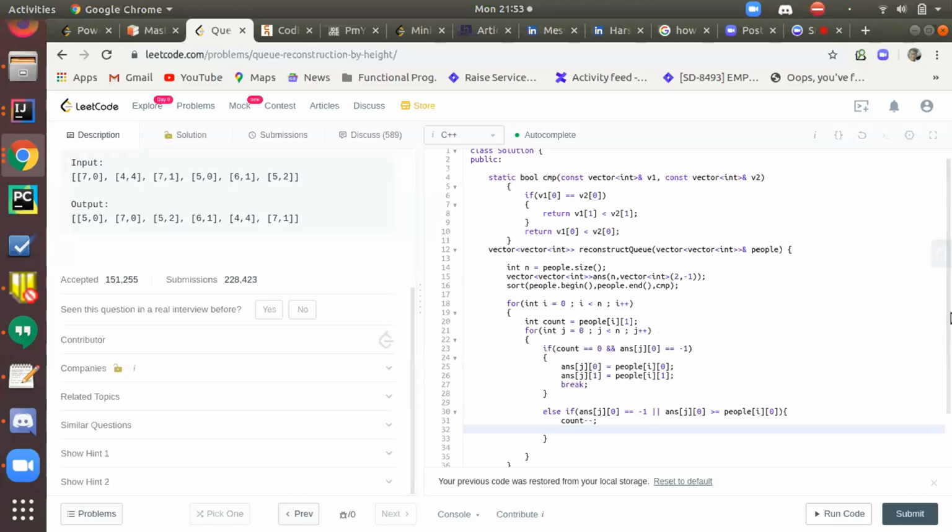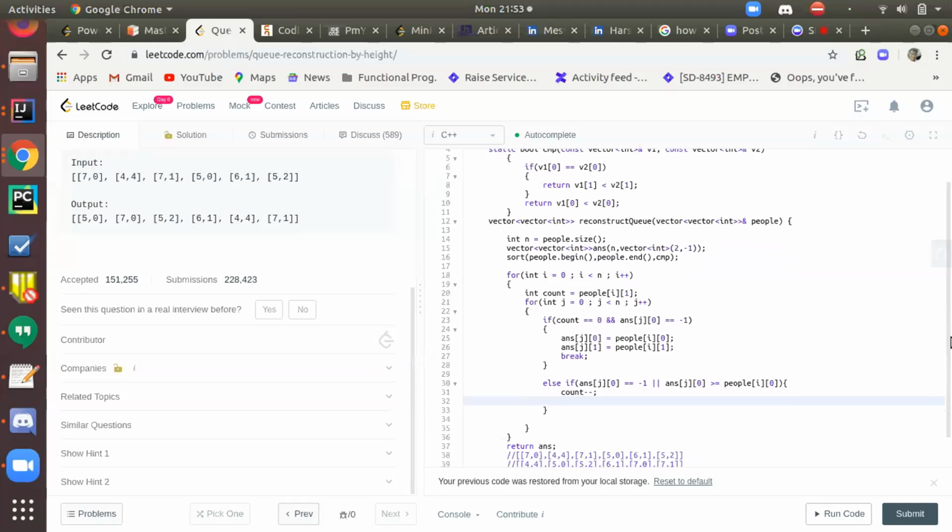Otherwise, if the space is vacant and the person there has a greater height, then I decrement the count. This is the else if part. So at some point I would get a vacant position and the count would be 0, and that is where I'll put the person. So at the end it would be in a sorted way.